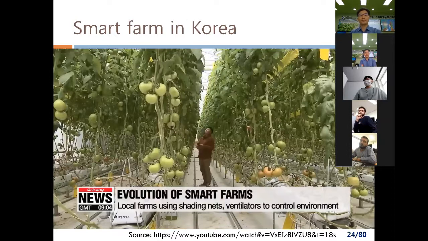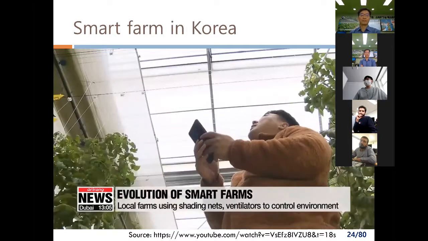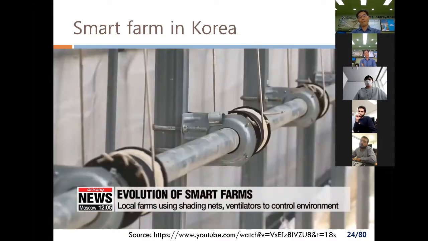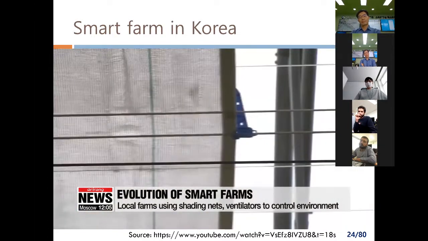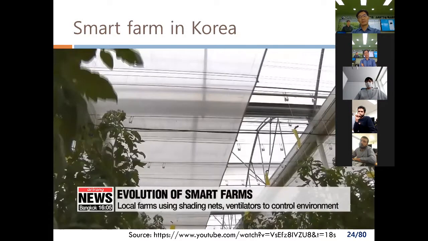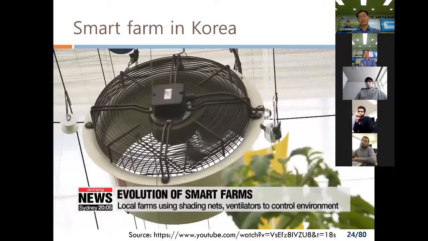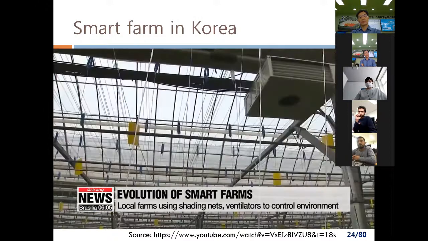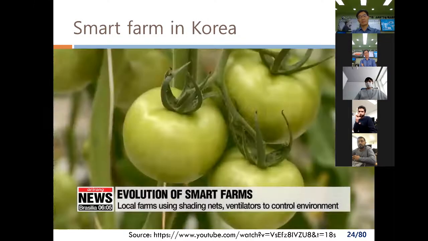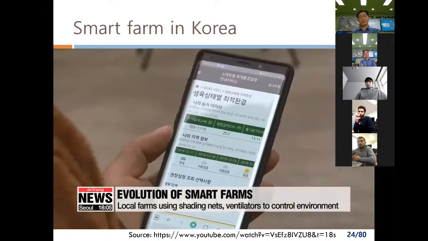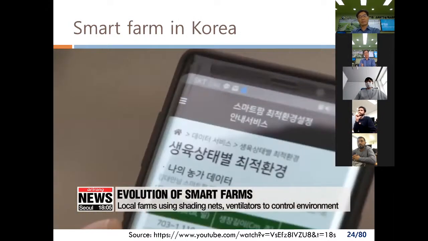This is one of the smart farms growing tomatoes in Jeollabuk-do province. At the push of a button, a gigantic shading net rolls out and covers the ceiling to control the temperature. The area's humidity is manipulated by a ventilator, also on the farm owner's command. This technology is representative of modern smart farms in South Korea. What separates this smart facility from other tech-reliant farms, however, is that the owner has recently decided to make the best out of AI technology to increase the plant yield.